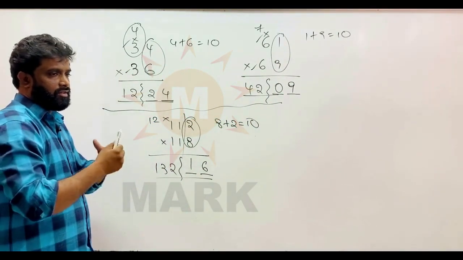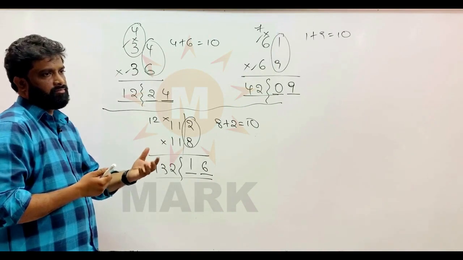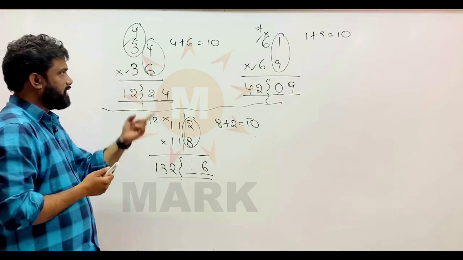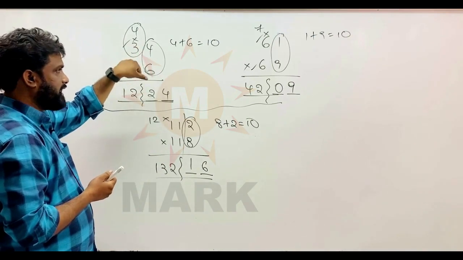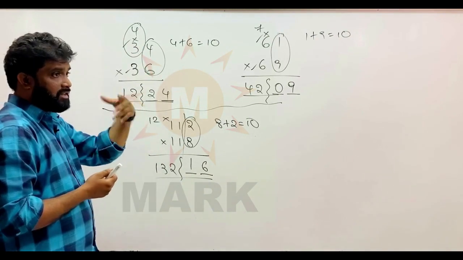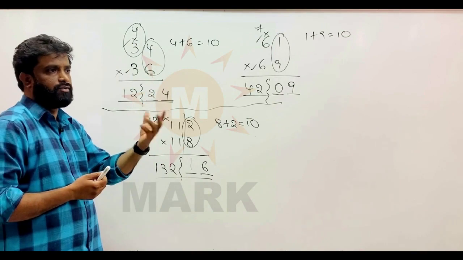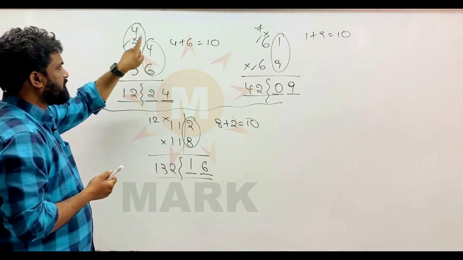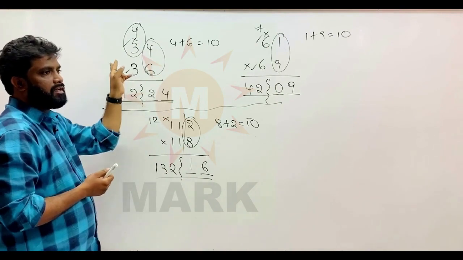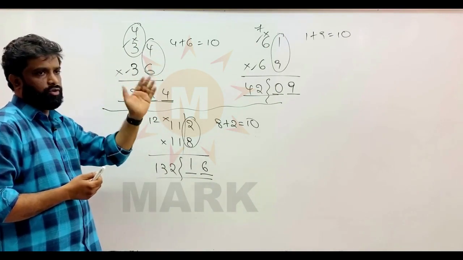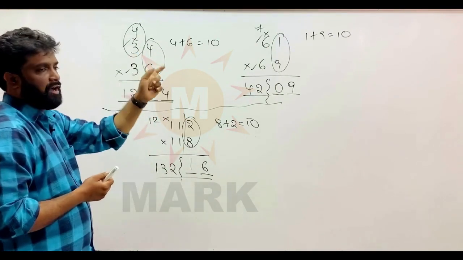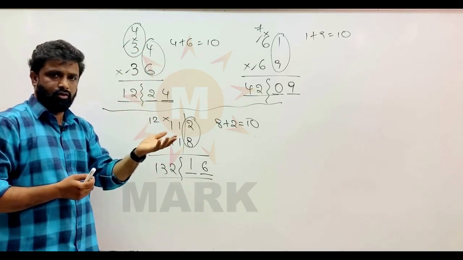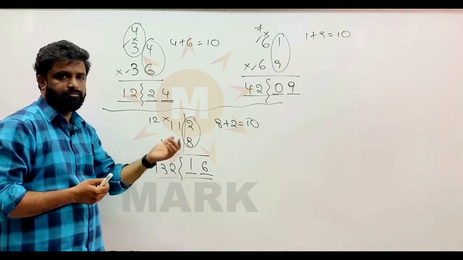Now there is one more technique where the sum of the units number is 5. That also we will be dealing with now. Here the sum of the units number is 10 and the remaining numbers are same. There is another technique. Many students are often confused in these two methods. So this technique we use where the sum of the units number is 10 and the remaining numbers are same in the numbers that we are going to multiply. What if in the place of 10 we have 5? So the sum of both these units numbers is 5. That topic also we will be dealing with now.